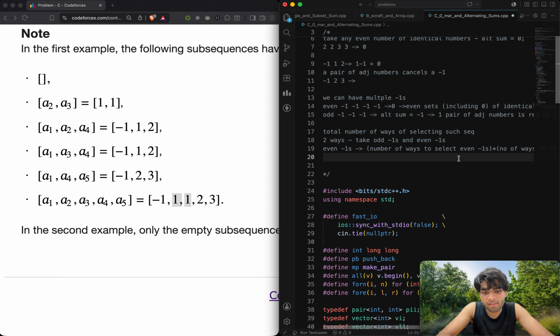It's fine. And the number of ways to select odd minus ones would be the number of ways to select